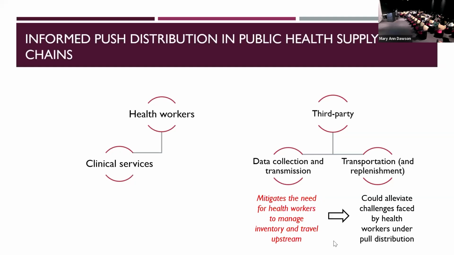That's a good question. And relevant to that, if you have a push model just at the last mile and pull upstream, what impacts does it have upstream? I mean, you have largely a pull model and push at the last mile, right? Exactly. Those are great questions. Here we don't look at what happens about the district warehouses, but that's a good question.